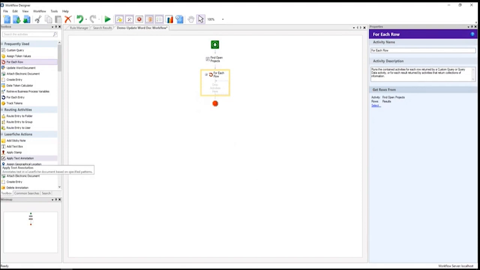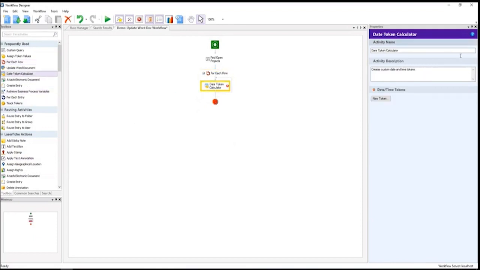To keep customers updated, the workflow needs to run once a week and only return items that were completed in the previous week. To create a date of reference, we will perform a date calculation using the Date Token Calculator activity. We will rename the token Today -7